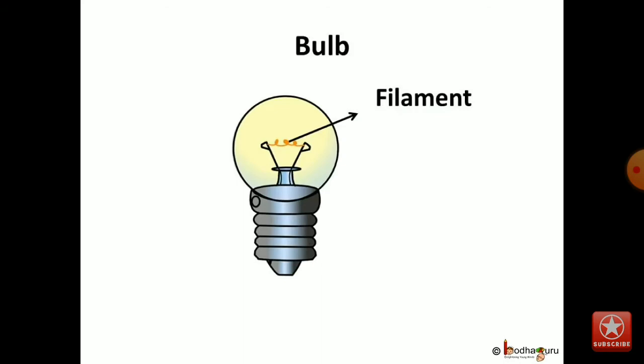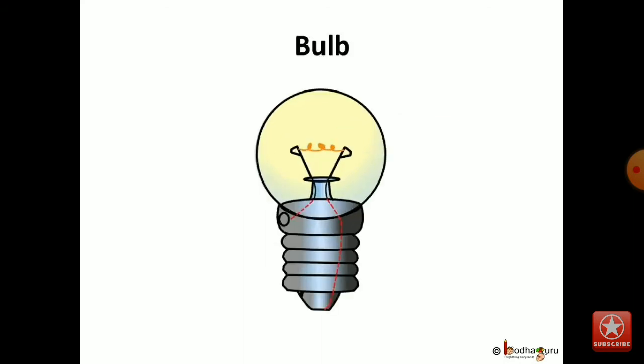One of these thick wires is connected to the metal case at the base of the bulb, and the other thick wire is connected to the metal tip at the center of the base. The base of the bulb and the metal tip of the base are the two terminals of the bulb. These two terminals are fixed in such a way that they do not touch each other. The electric bulbs used at home also have a similar design.